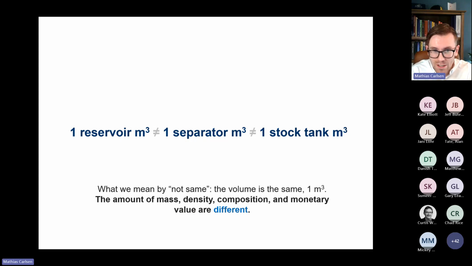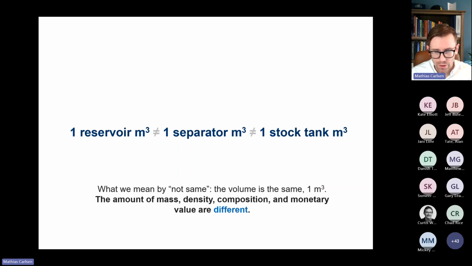So here, if someone asked me, and I would like you to think about it, this is not the exercise, but I want you to take 10 seconds to think about this, and I'll give you the answer in 10 seconds. If you had a choice for, let's say, just a reservoir oil, and just to give it a number, it doesn't really matter, let's say it's 1,000 scf per barrel,